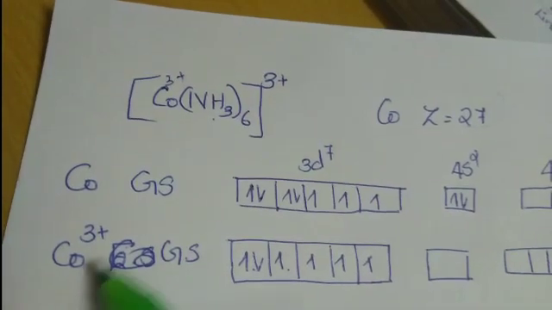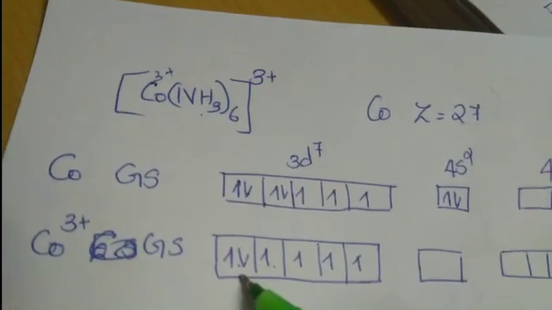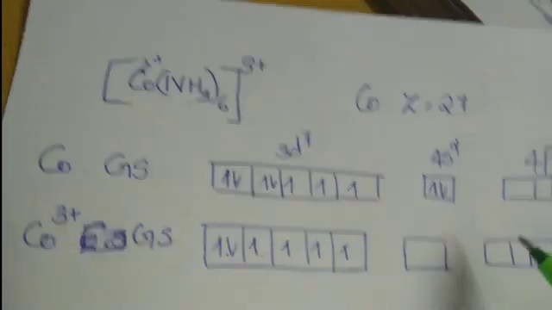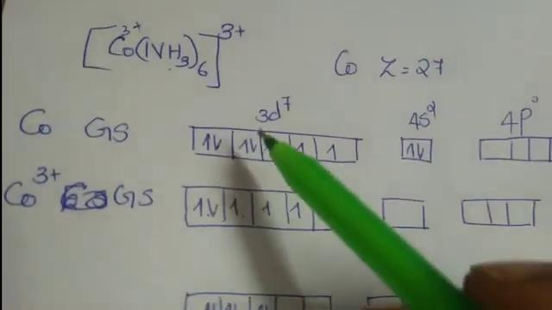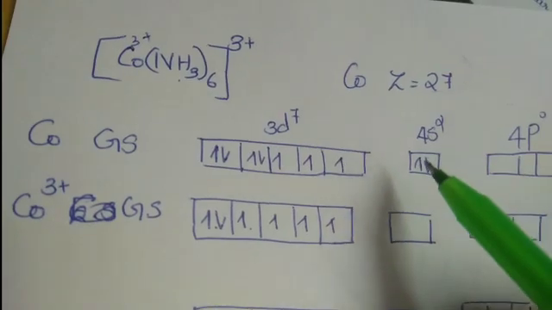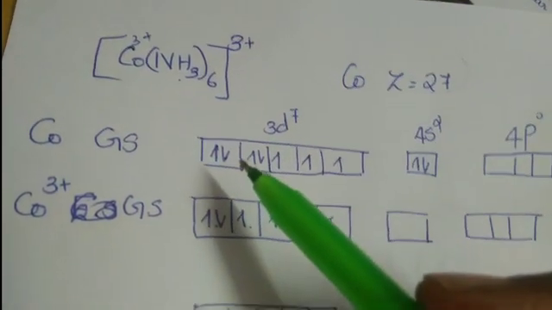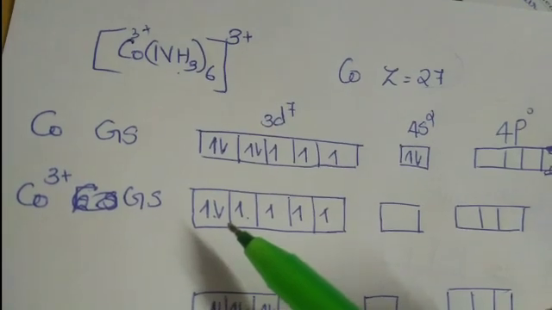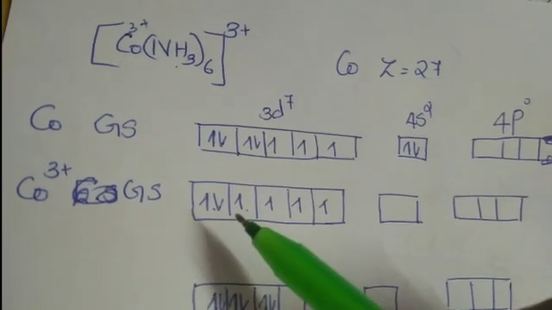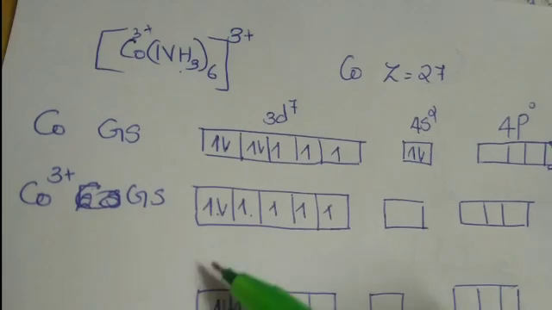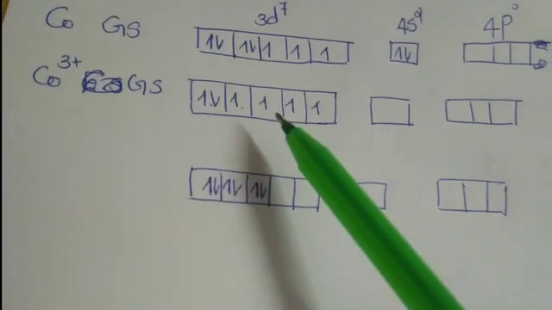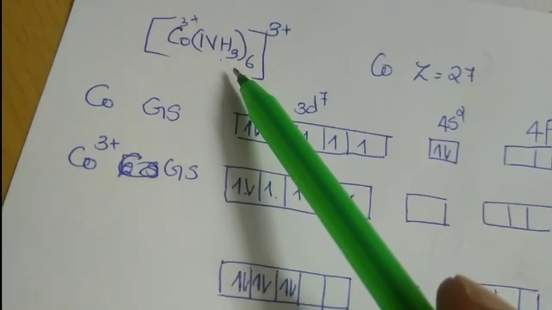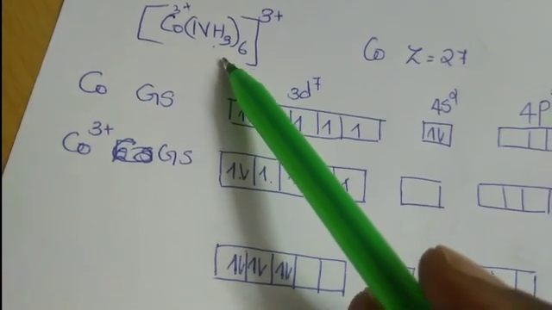So for cobalt 3+, the ground state electronic configuration is 3d6 4s0 4p0, isn't it? 3 electrons are lost, 2 from s and 1 from d. So this is the ground state electronic configuration of cobalt 3+ ion. Okay, so with this ammonia ligand approach, what will happen? The unpaired electrons will get paired up, and there are 6 ammonia, isn't it? So we need 6